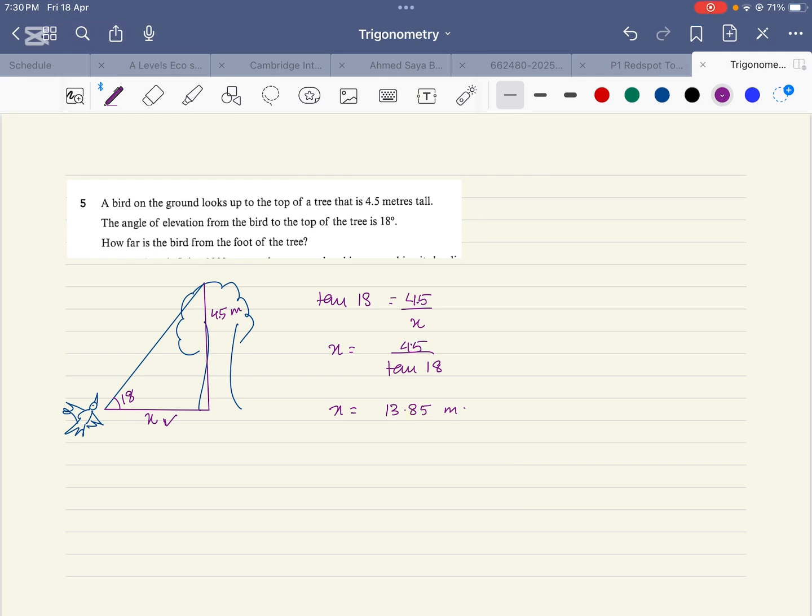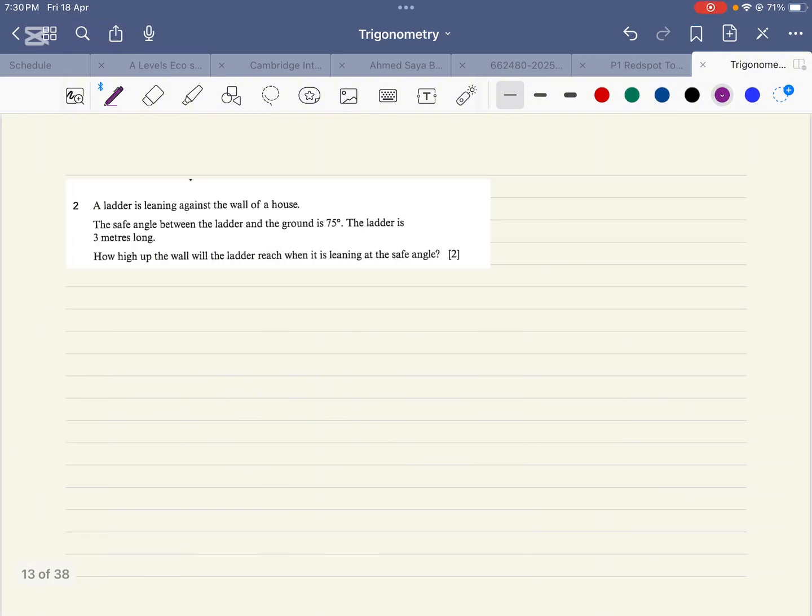Everybody can make it. I'm a teacher, even I can make this mistake, and this can distort the entire answer. That's why I keep saying that we have to use the given values as much as possible, and we have to be very careful while putting in the values in the calculator. Right now I'm making a video, that's why I can be a bit careful and reread whatever I'm writing and revise it. In exam you will not have that kind of time, so you need to be careful.